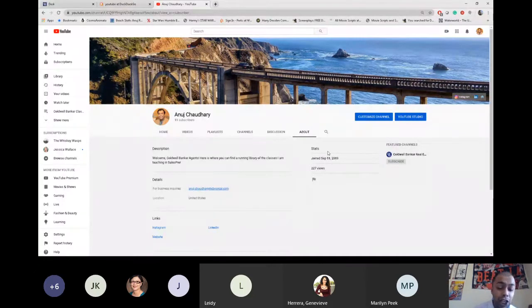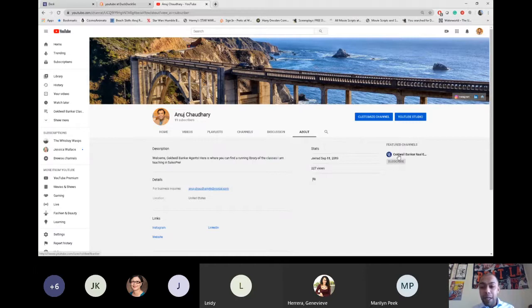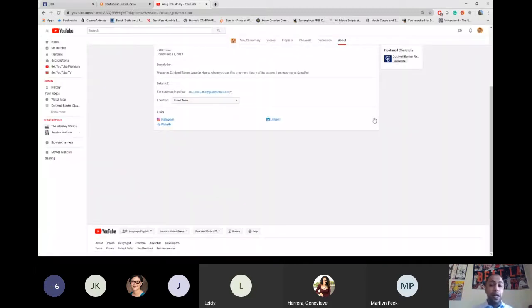So again, that Gmail email doesn't need to be client facing. I've got my quick links put in right here. And I've got channels I'm featuring, which in my case is the CB channel. When you are a channel manager, you can go ahead and hit customize the channel. That's going to bring you right into the editing bay. Now we're going to work backwards and show you how all this is going to go.